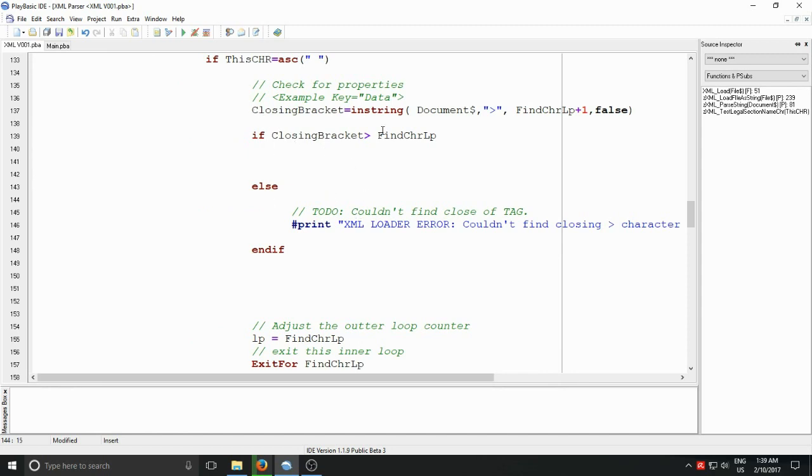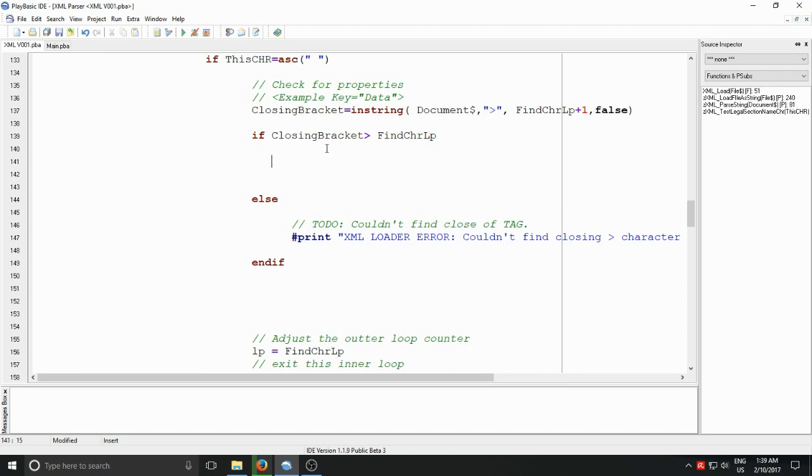So if it searches for it, can't find a closing tag, that goes, well, there's something weird about this tag, and we can work out something to do later on. Right now, I don't care. If we do find this character, then I guess we could just limit our searching, or grab this as a substring, grab all the attributes, grab this data here out,